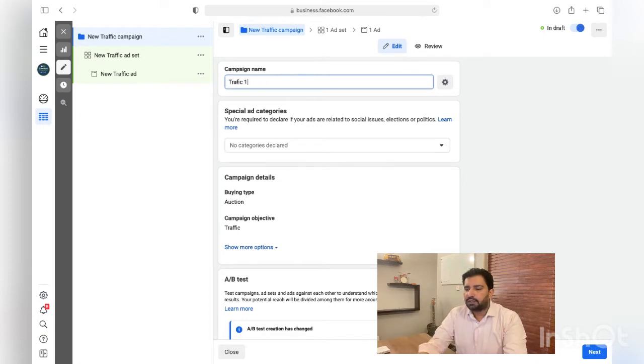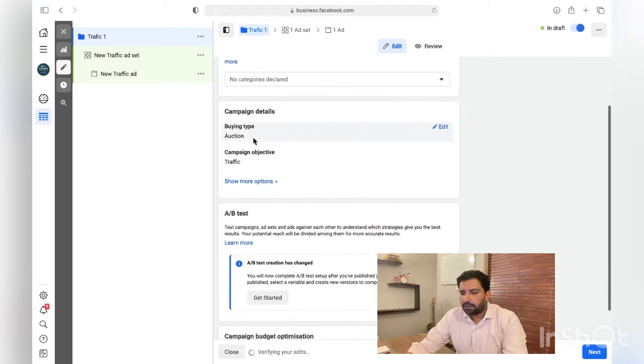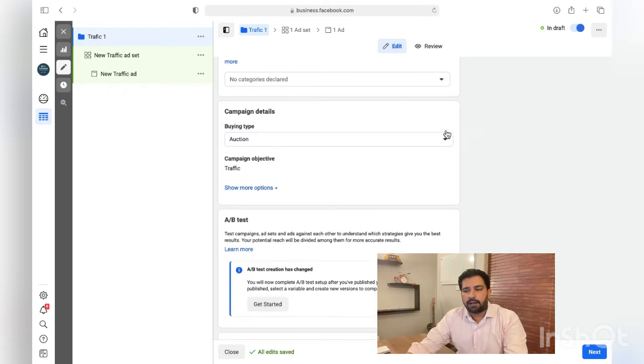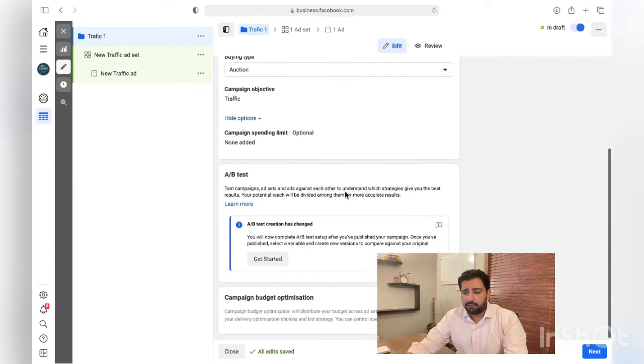Campaign name can be traffic 1. Special ads category, you don't need that. Auction, bidding type is auction. Let Facebook handle the budget, spending, and the other details rather than we choose it manually. Campaign objective, traffic.